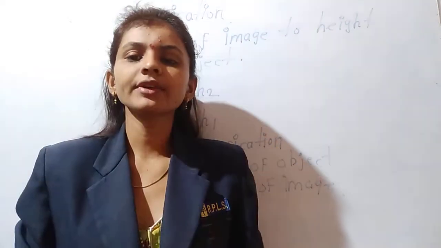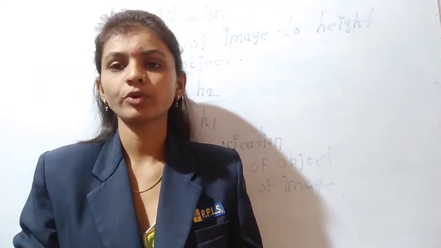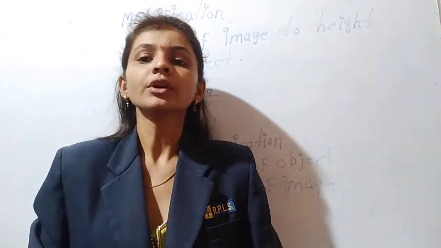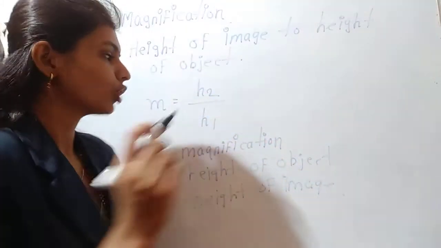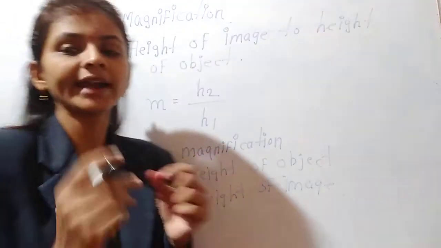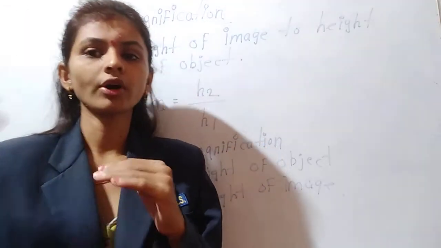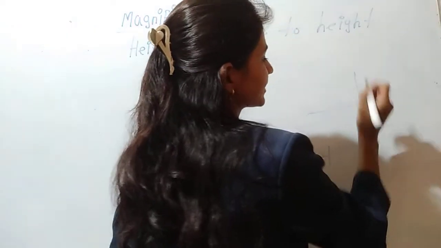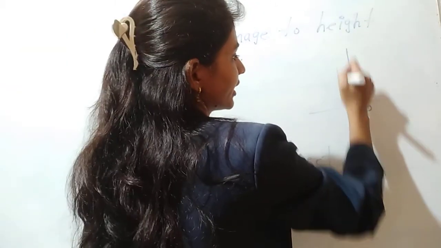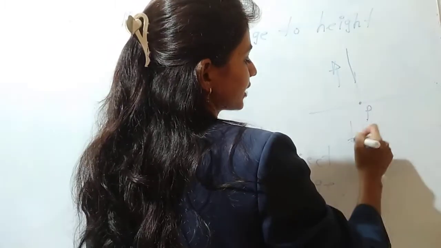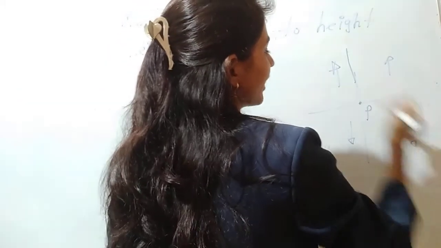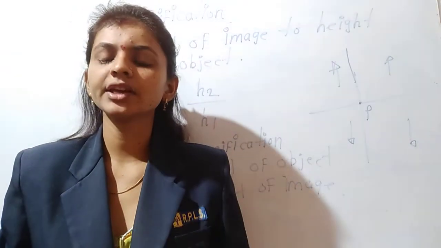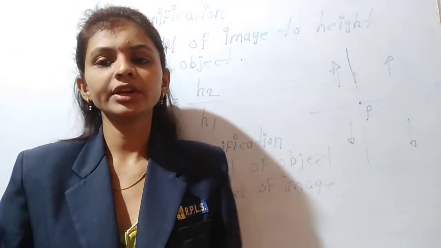So how can we calculate whether magnification is positive or negative? हमें कैसे समझ में आएगा कि ये positive है या negative है? We know that the height is measured upward or downward, like this way. Suppose this is a principal axis. Height जो है हम एक तो upside calculate करते हैं या तो downside calculate करते हैं. If the height is upward, it has a positive sign. If the height is downward, it has a negative sign.